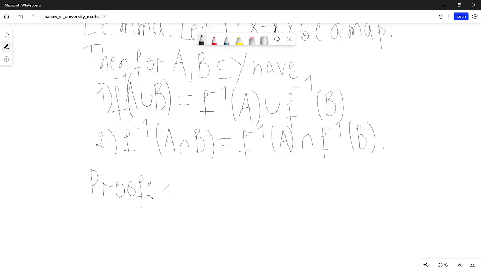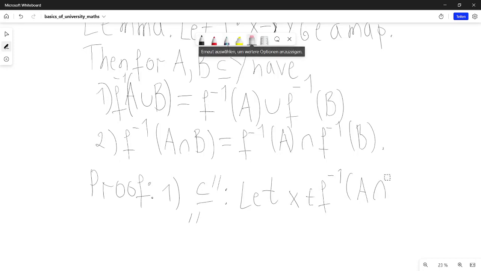Proof. Well, we have to show the equality of two sets, right? That is our customary procedure: just to take an element in one, show that it is in the other, and take an element in the other, show that it is in one, meaning arbitrary elements respectively. So let x be an element of f minus 1 of A